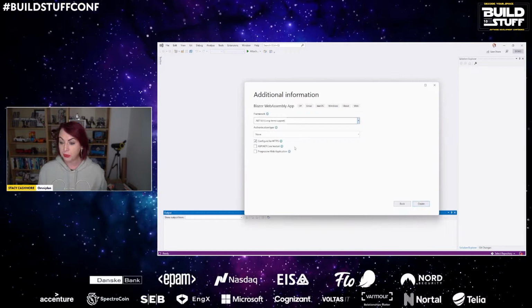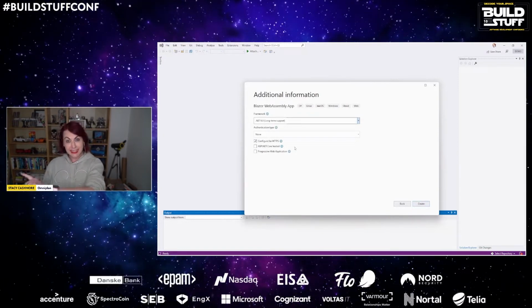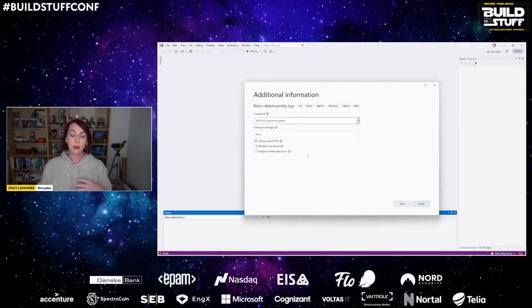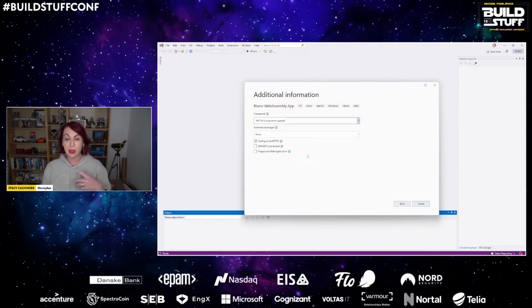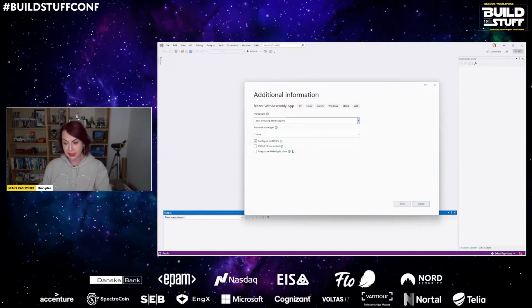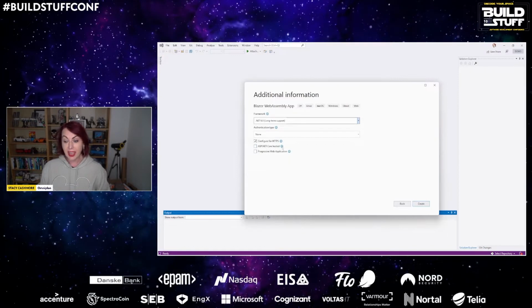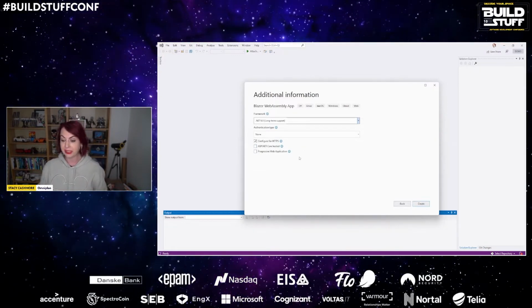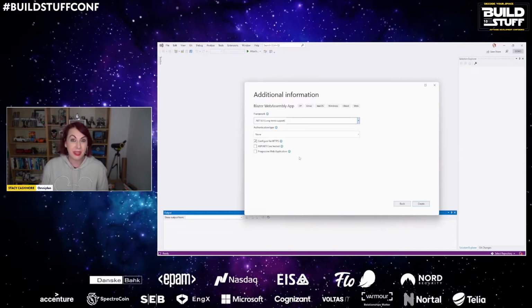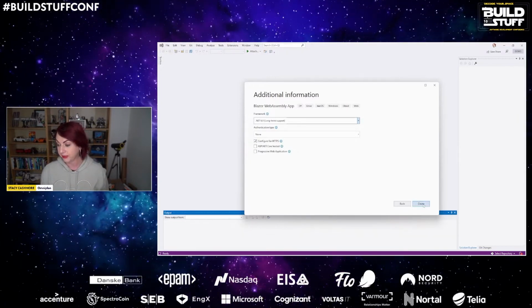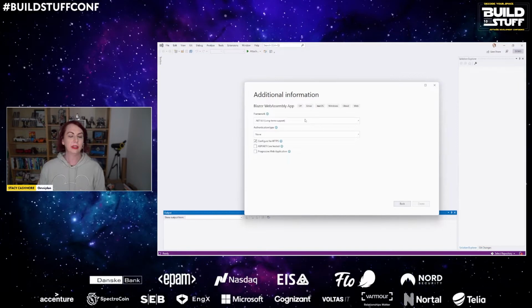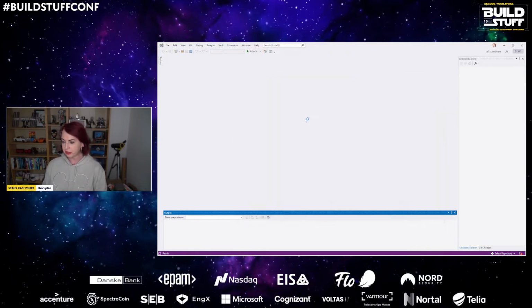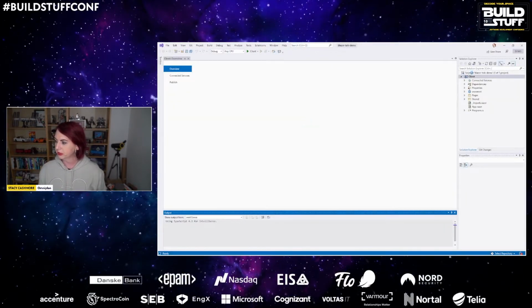So we'll go next. We're going to do this in .NET 6, the latest LTS version of .NET. We're not going to do any authentication today. We are going to configure it for HTTPS. We are not going to be doing ASP.NET Core hosted because we want those static files to deploy, and progressive web apps, but we're not going to be doing anything with it today. So let's leave it off, shall we? Let's create that, see how long that takes to scaffold. We'll keep our fingers crossed that the laptop keeps on working for us.